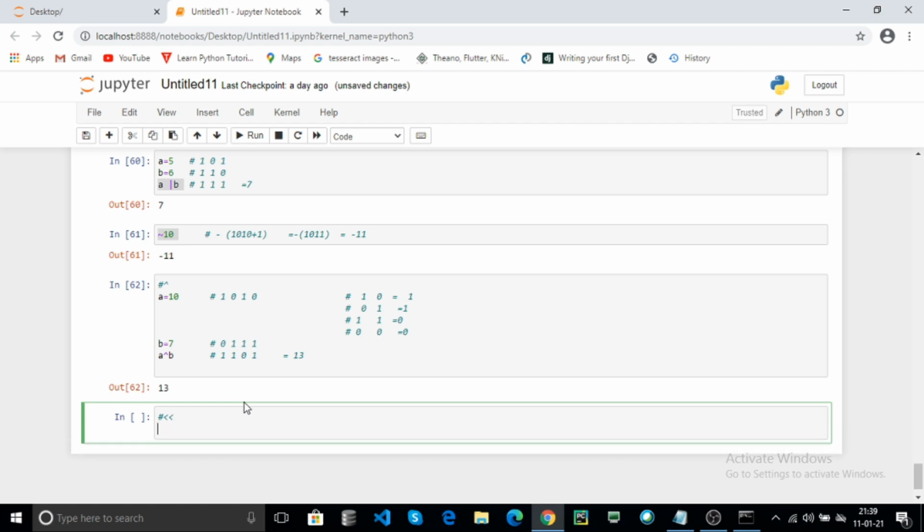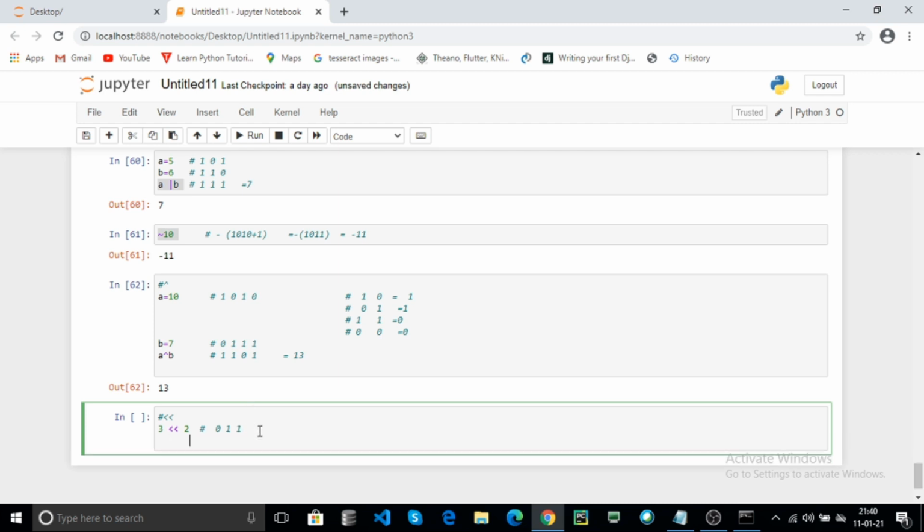For example, 3 left shift 2. Here is how it works. The binary value of 3 is 0 1 1. Here 2 bits shift from right to left